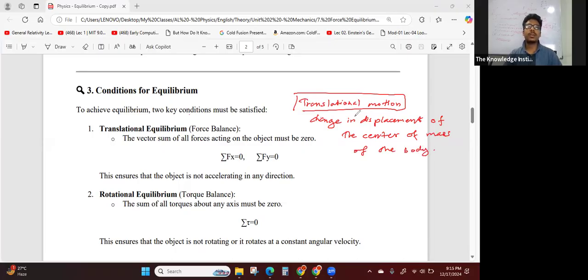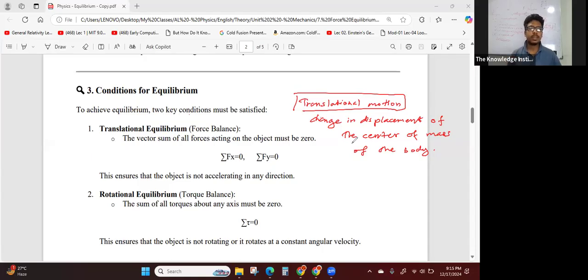So that is translational motion. Rotational motion we can define: every particle will move in a circular path, but no change in the position of the center of mass. That is rotational motion. Rotational motion we will learn probably next week,